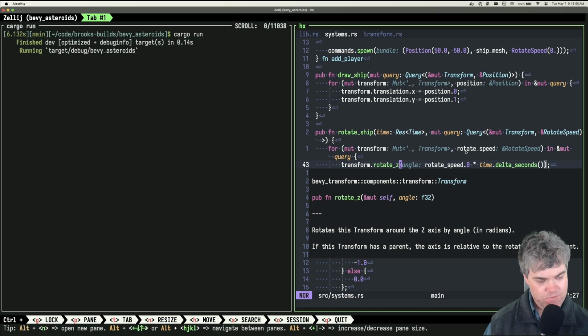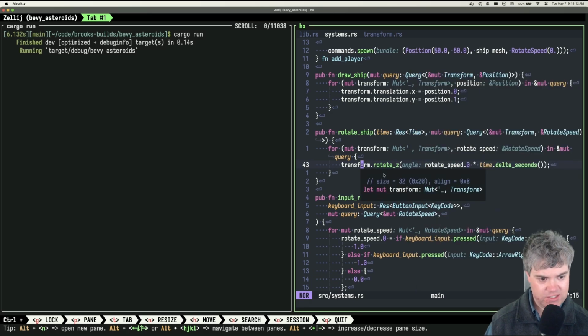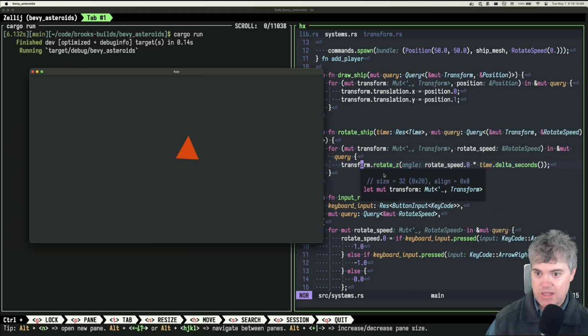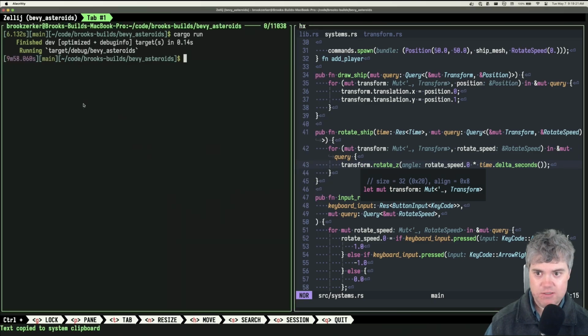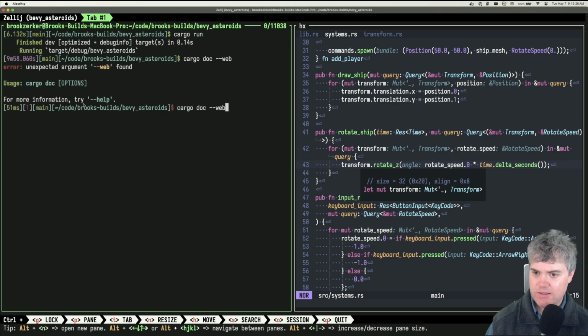Okay, so do I want to look up any? Okay, so there's the transform. There's some other rotates on here. So if we look up transform, let's compile the docs and we'll use those. Is it cargo doc open?